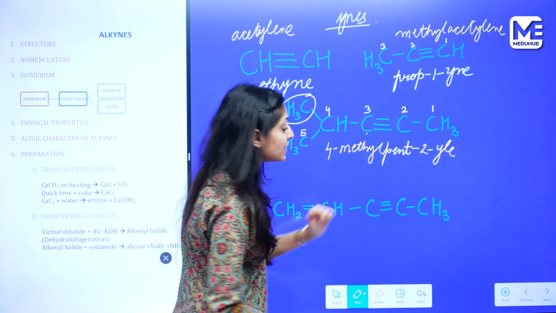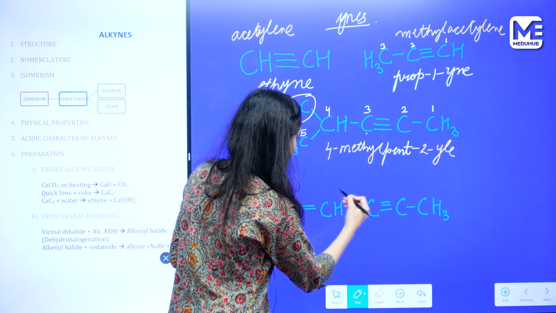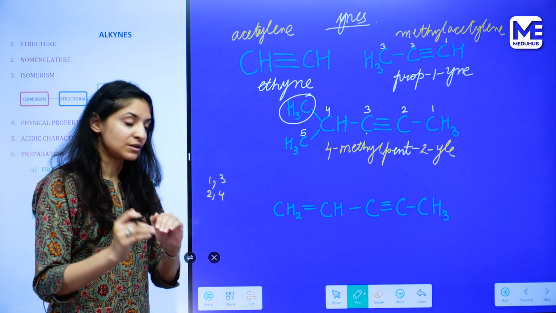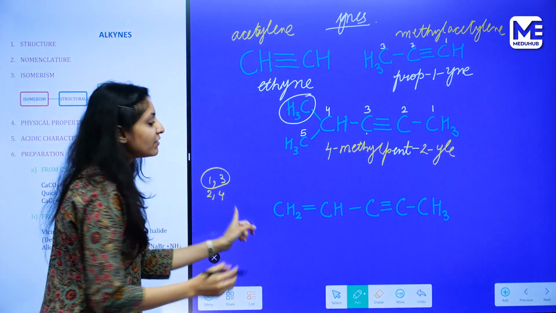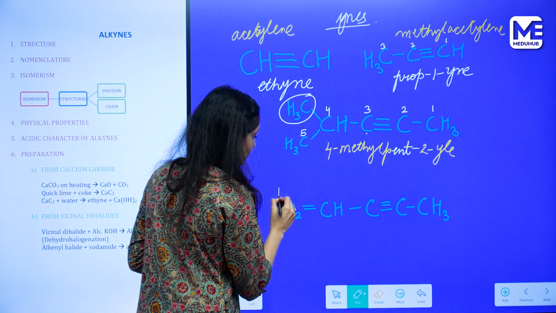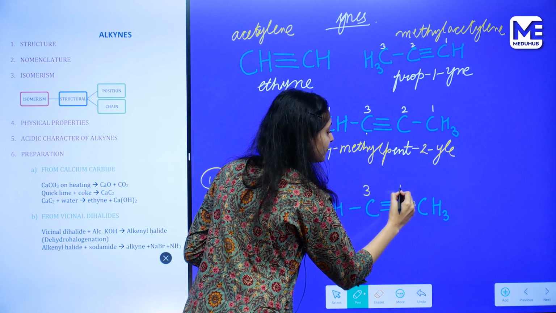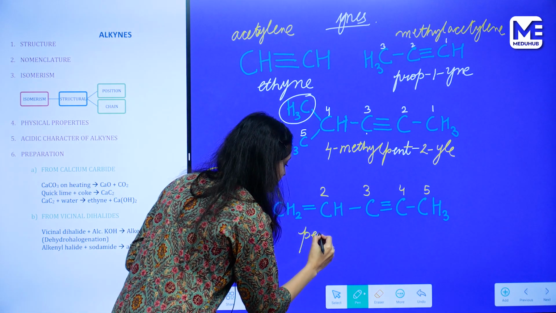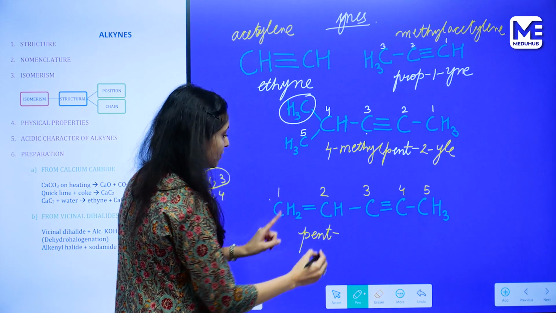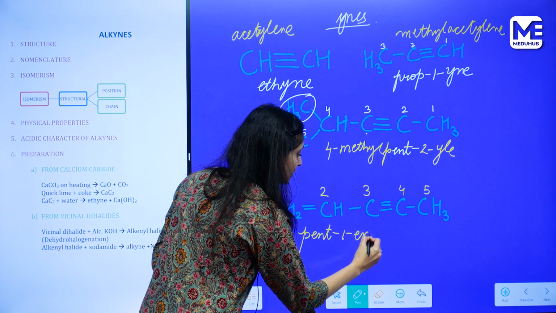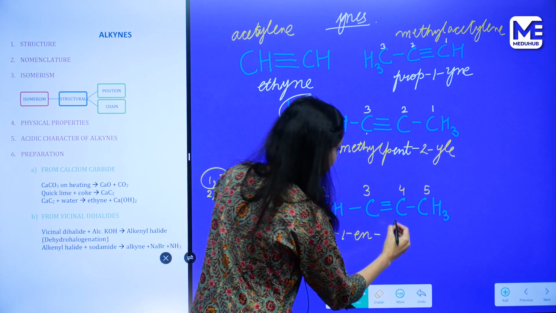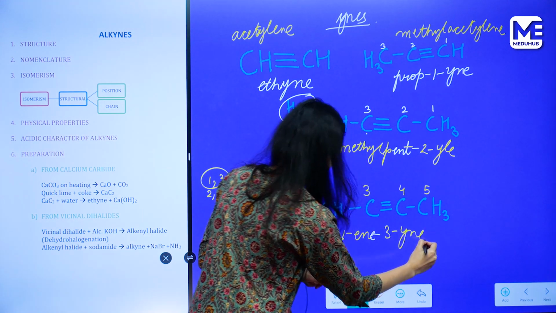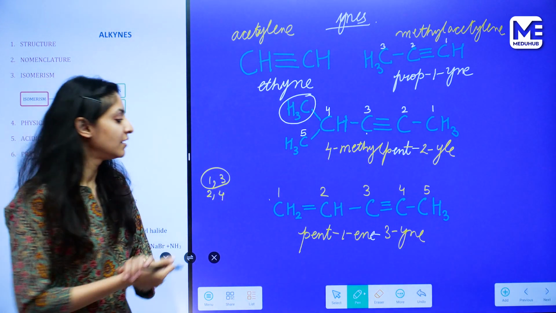If we start numbering from this side, 1, 2, 3, 4, we get 2 and 4. Again, according to the lowest locant rule, this will be favored and we will start numbering from here. This is 1, 2, 3, 4, 5. This will be pent-1-en-3-yne. Pent-1-en-3-yne. Now,